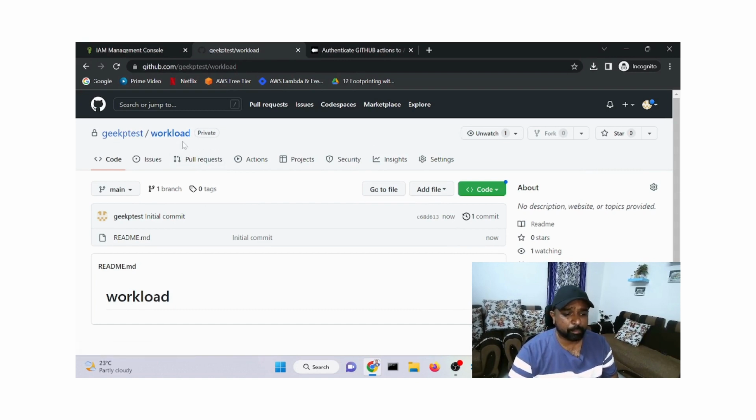So in this repository you can create Terraform code or Packer code or Ansible code, where if you want to deploy any services in your AWS environment. Okay, so let's go there. My repository name is workload. So I'm going to just